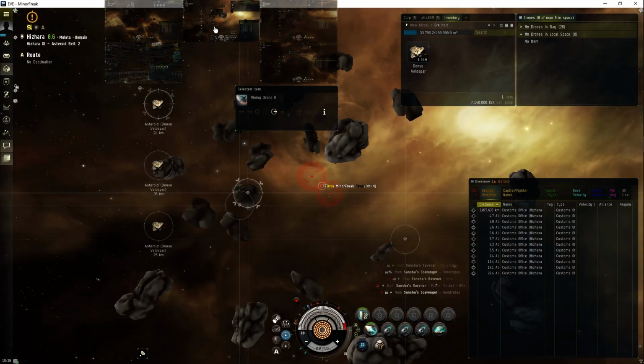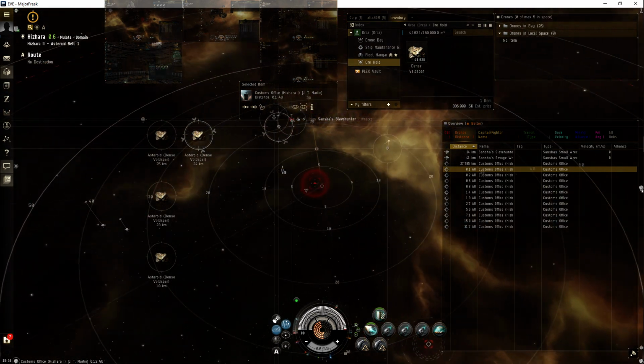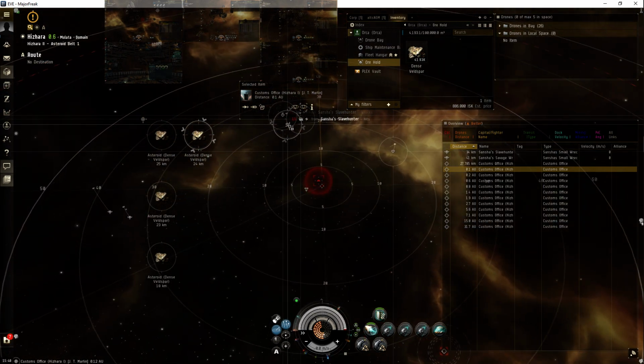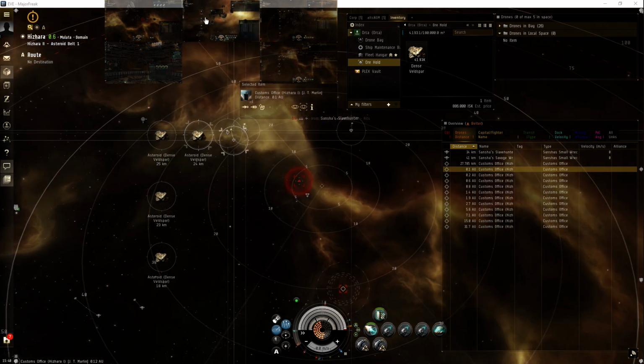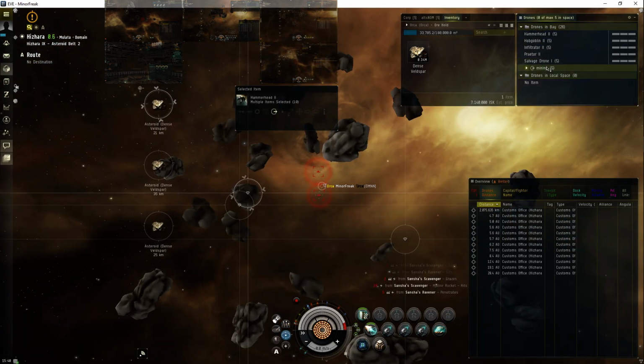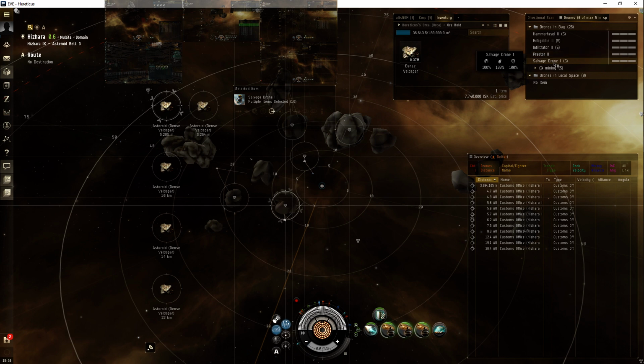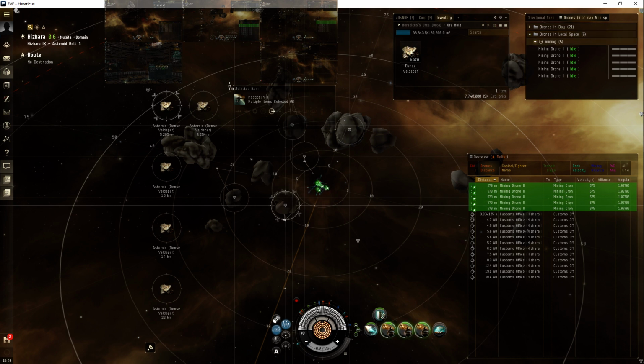And that was about as fun as watching paint dry, so I'm glad I got that done with, so I don't have to do it again. My goal here has been to strip the ore from some of the high-sec asteroid belts to see if they have the same